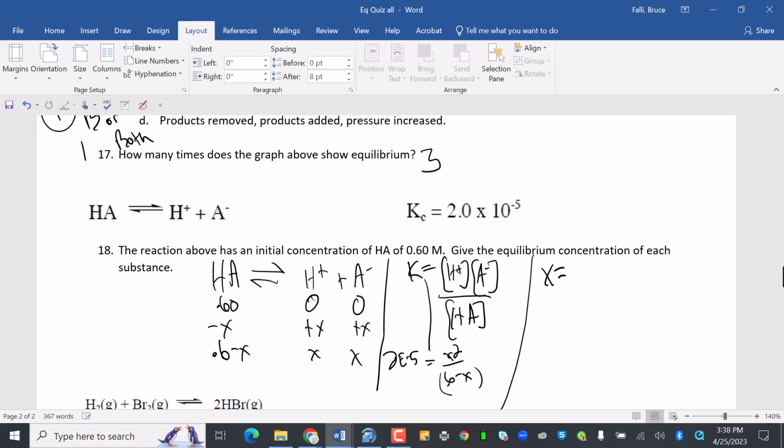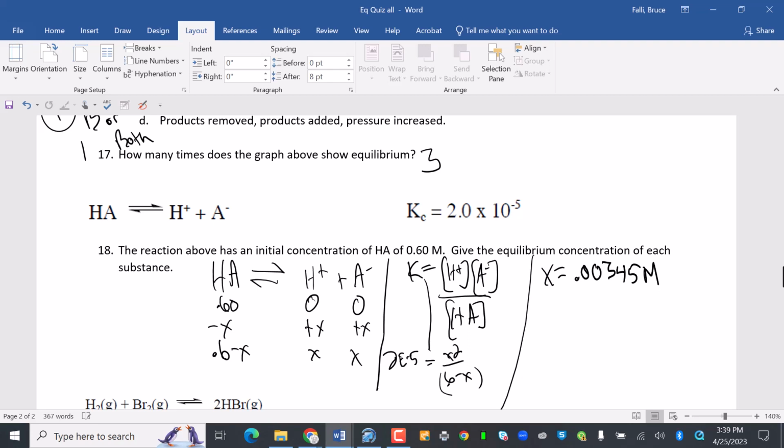Math, solver, clear. X squared divided by quantity 0.6 minus X, closed quantity, minus 2E negative 5. Enter. I'll guess it's a small one, so 0.001 alpha. Enter. X equals